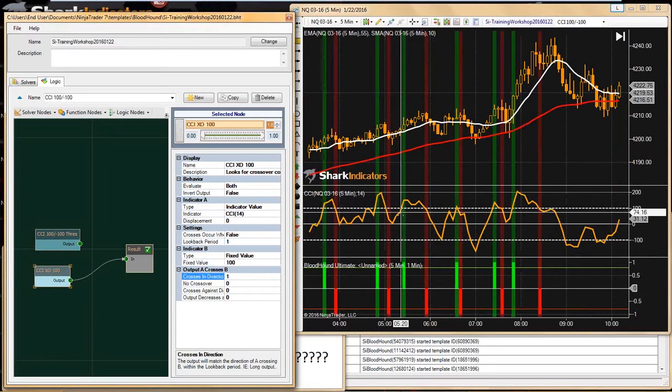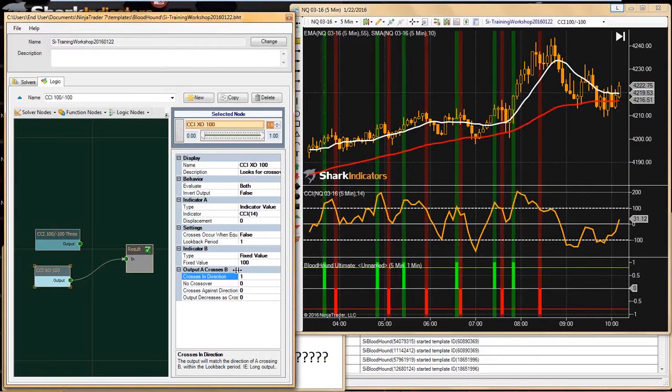Alright, so let's see, right now we can see when the CCI crosses above the 100, it's giving us a buy signal. So James, I think you want a sell signal there, right? When the CCI crosses above 100. So if you want this buy signal to become a sell signal,